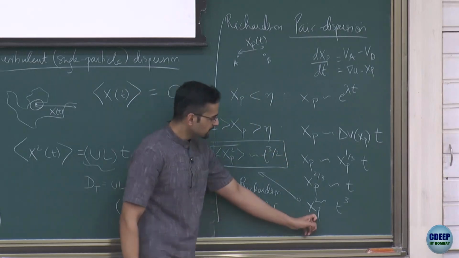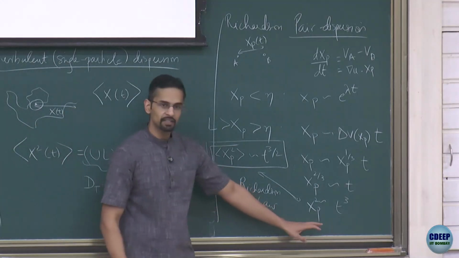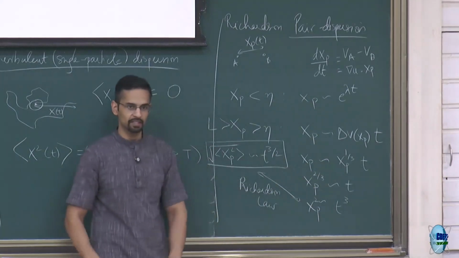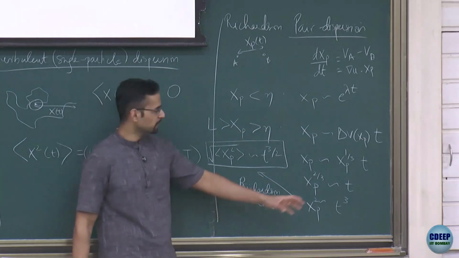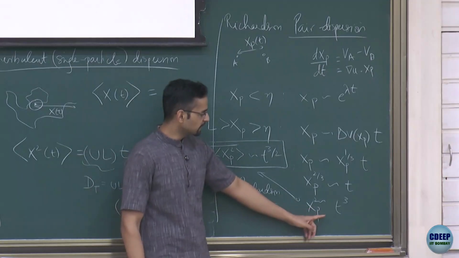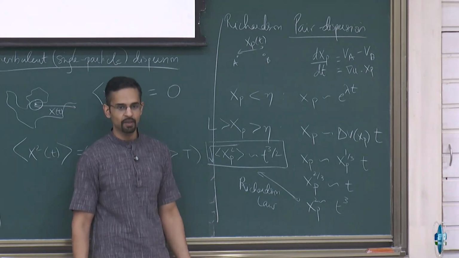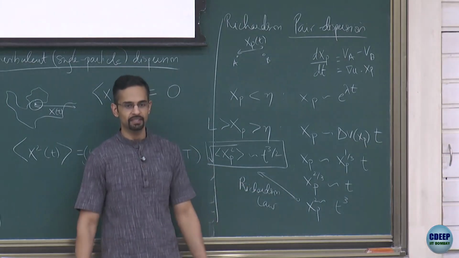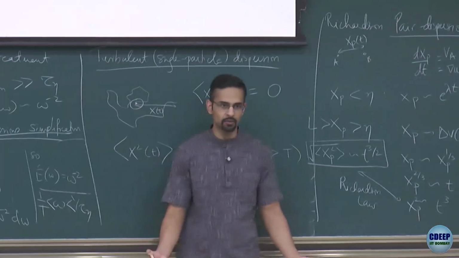The important thing is, once again, it's nice to contrast it with the laminar situation, right? If you were in a laminar flow, of course, it will do this exponential thing. But if the flow was smooth, it's still fluctuating, so it is not going to give you this exponential behavior, let's say. But if it was smooth, or what you would expect in a non-chaotic flow, you would expect that xp square will go like t square. So xp goes like velocity into time. Or if you think of it not in terms of a flow, I just have two particles separating at some fixed velocity, ballistic motion. That's easier to think about, right? So we just have two particles separating at some constant velocity. xp square will go like t square.